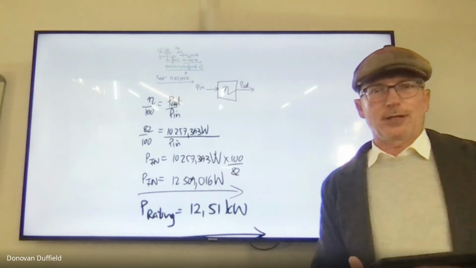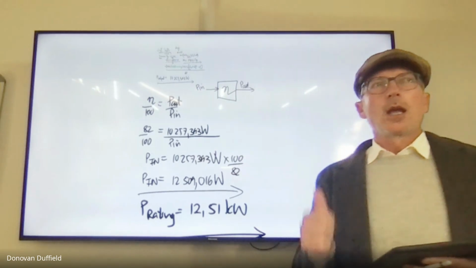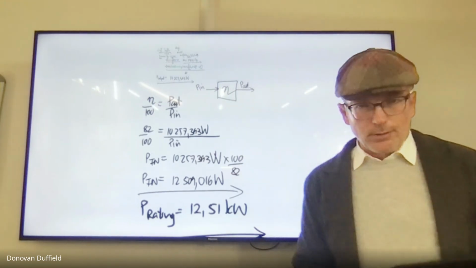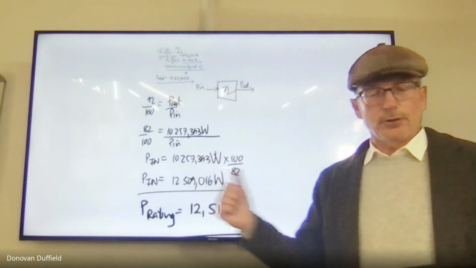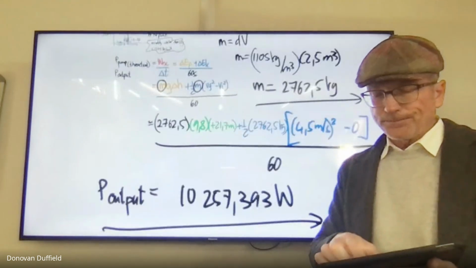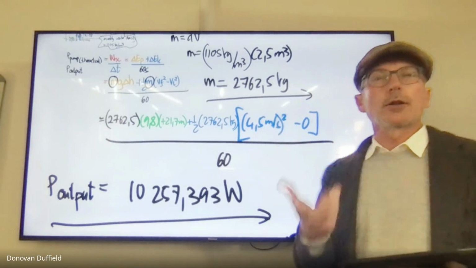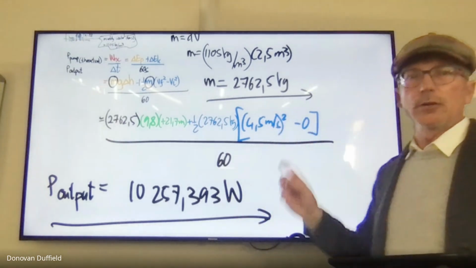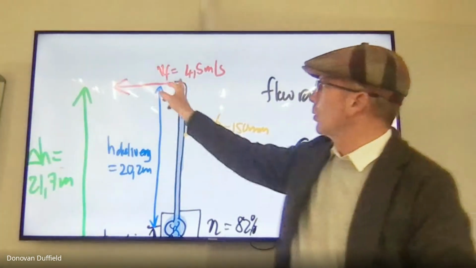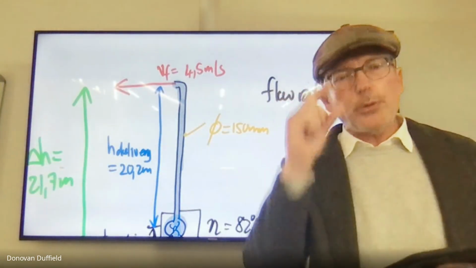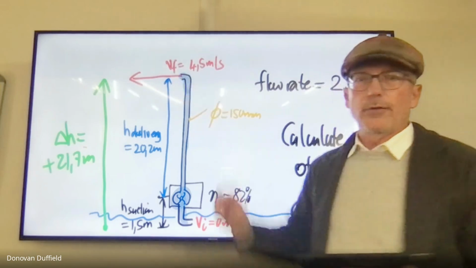Now, this is a much more difficult pump problem than what you'll get. It includes efficiency. It includes a change in kinetic energy of the water. However, the chances are that you're not going to get an efficiency calculation, but if you do, now you know how to do that. And this is going to be 0 because your constant velocity means there's no change in your velocity between when the water comes in and when the water leaves. So the work done by the pump is purely to move the water from the suction to the delivery part